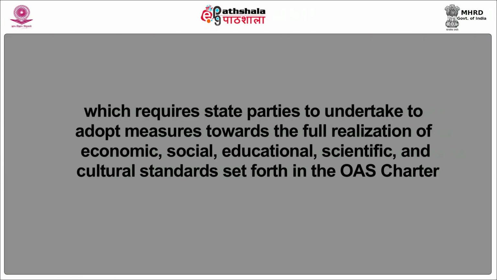The Convention includes only a right to progressive realization under Article 26, which requires state parties to undertake to adopt measures towards the full realization of economic, social, educational, scientific, and cultural standards set forth in the